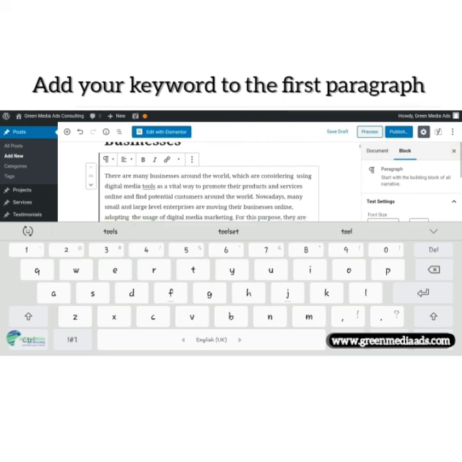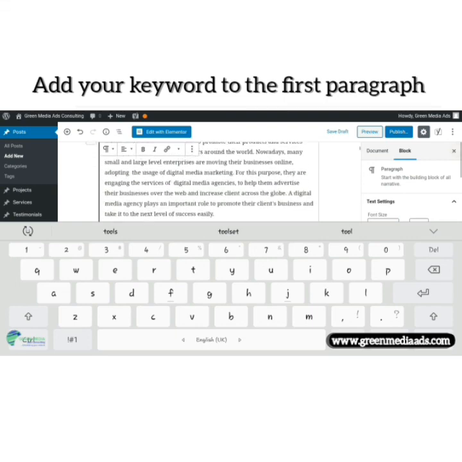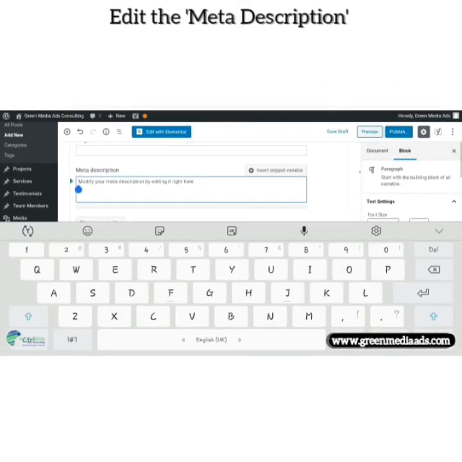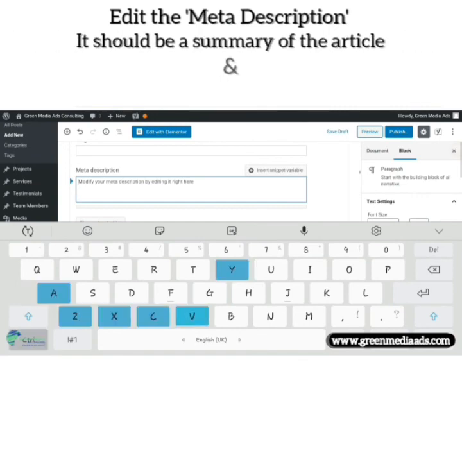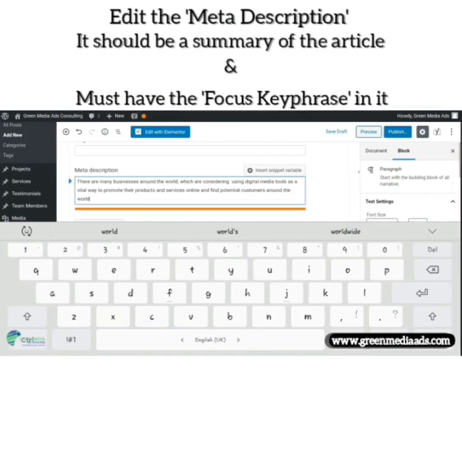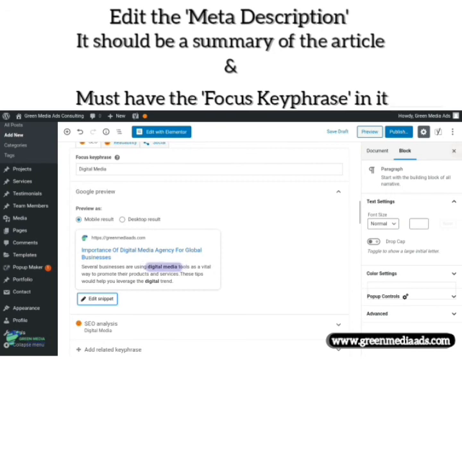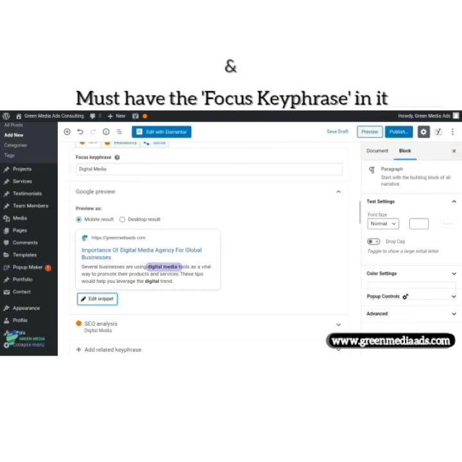Okay. So we've done that. Impression matters. That will determine if someone would click and come to your site. You will notice that digital media there is in bold. You didn't put it in bold actually. It's the keyword tool you're using on the website that highlighted it, because it matches your focus key